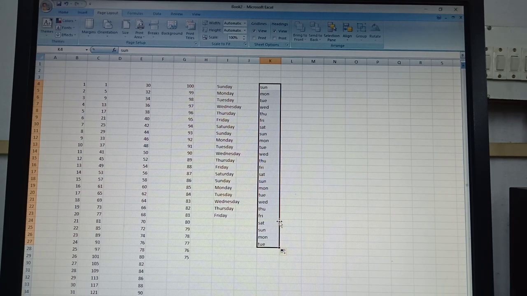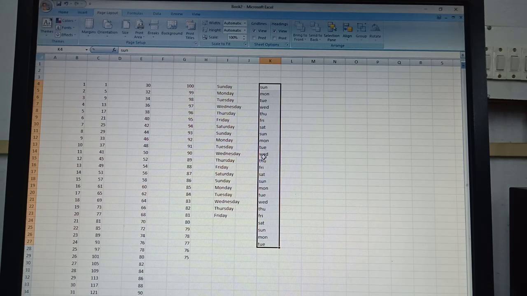For a number sequence, we need to enter at least two consecutive numbers of that particular sequence, but for a text sequence we only need the first member, and we can start from any member. Say for example, we have typed Wednesday and we used autofill on Wednesday, then the sequence will start from Wednesday only. It will not start from Sunday or Monday. After Wednesday, Thursday will come, then Friday will come.